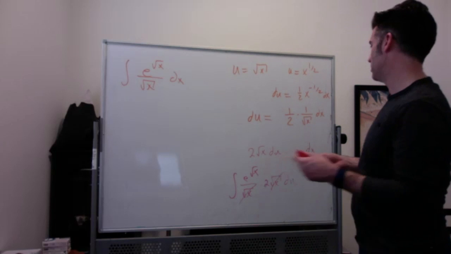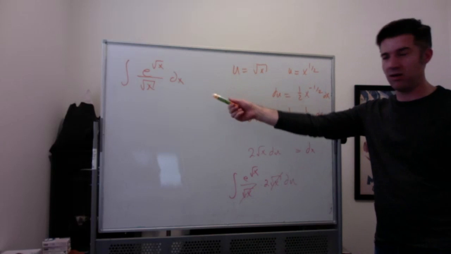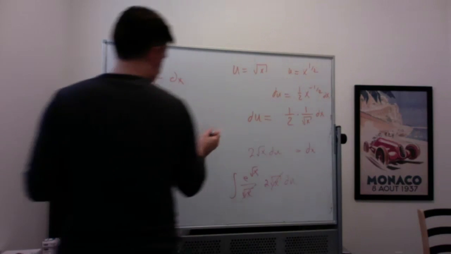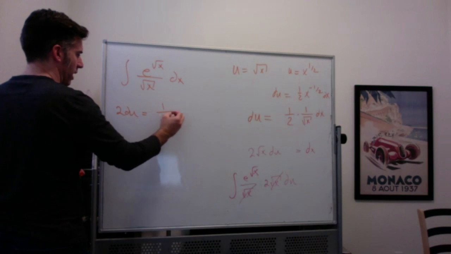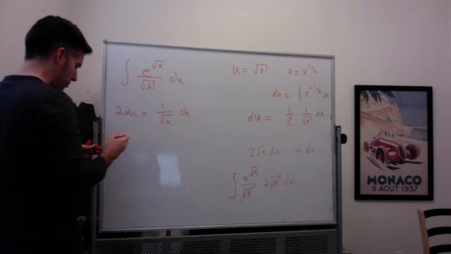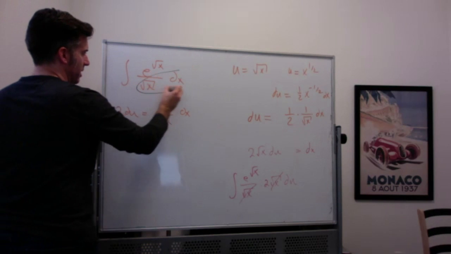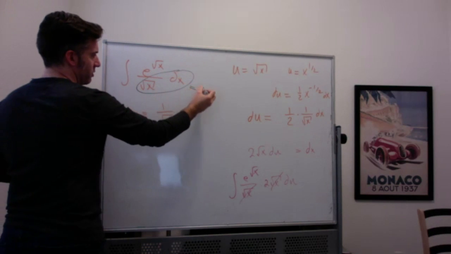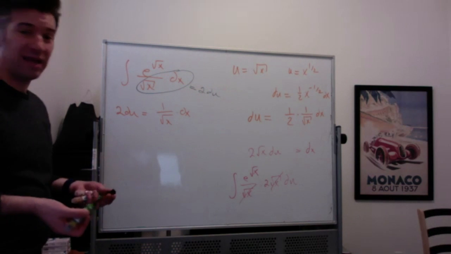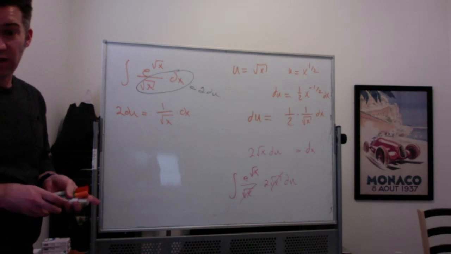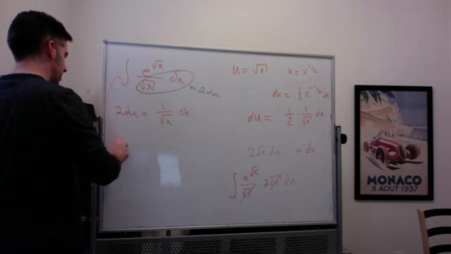I am much more the kind of person that says, okay, I want to make this look like on the right-hand side something I have in there. So I would probably take this and multiply both sides by 2 and say that 2 du equals 1 over root x times dx. Because then I can say that this 1 over root x times dx is equal to my 2 du. But really, either way is correct. Whatever way you want to get there is really fine, as long as it works out correctly and the process is correct. So this is going to be the integral of